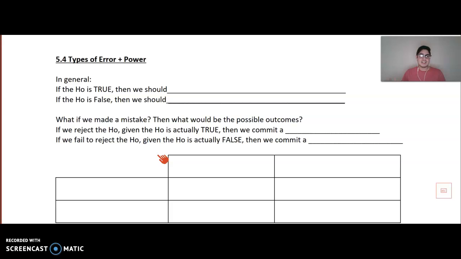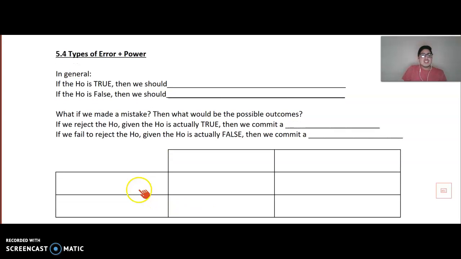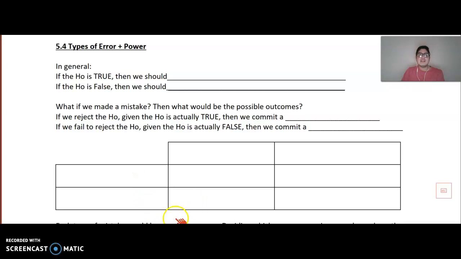There's a 5% chance of rejecting, etc. Assuming this is true, right? Stats is all approximates and assumptions. Now, there are what we call types of errors and power when we are performing an inference procedure, and more specifically with significance testing. So, in general, if the null hypothesis is true, should we fail to reject it or